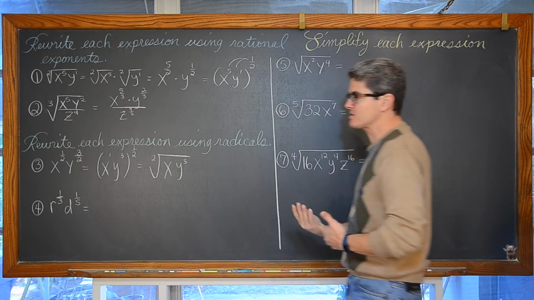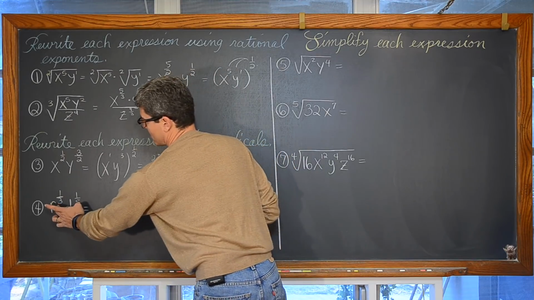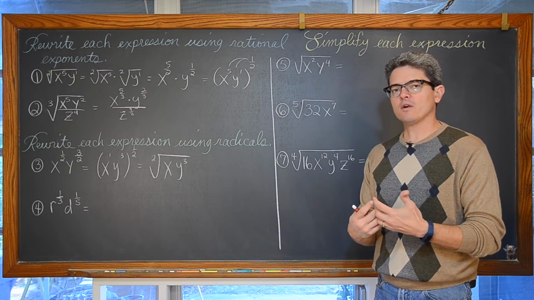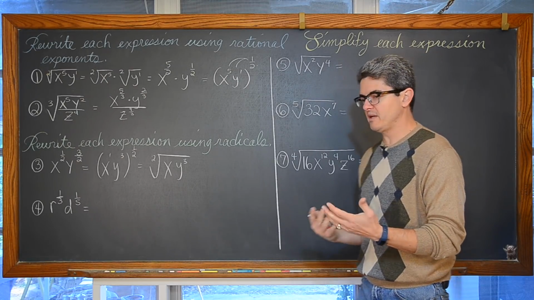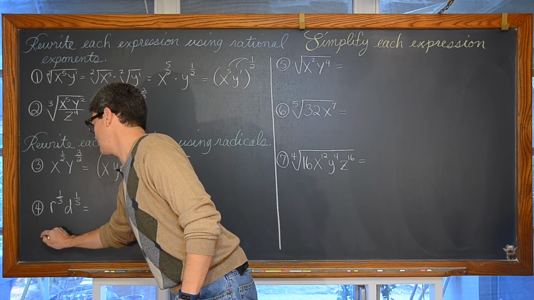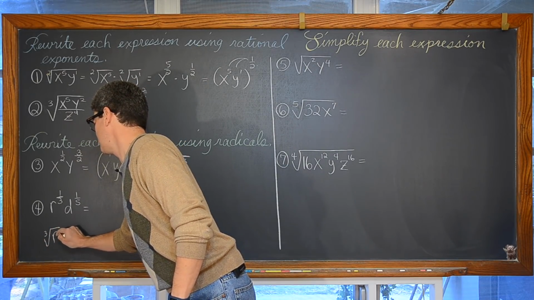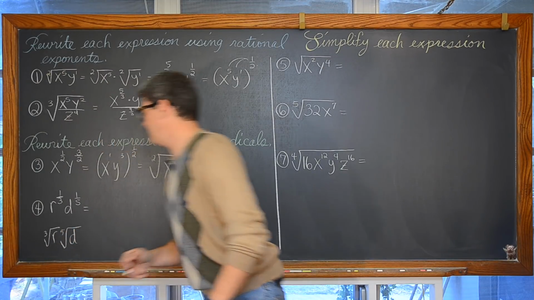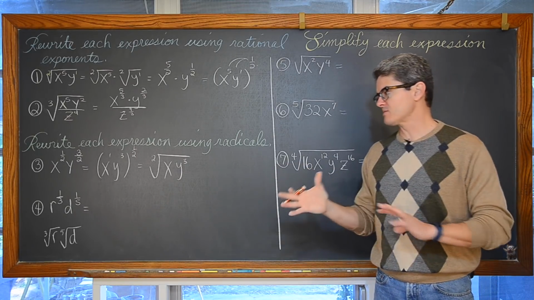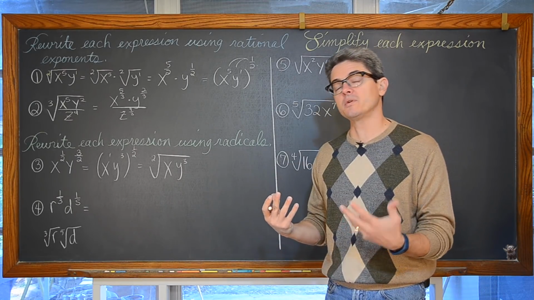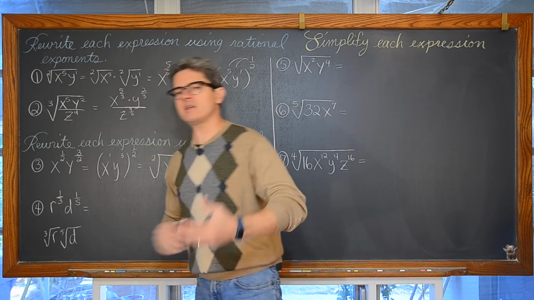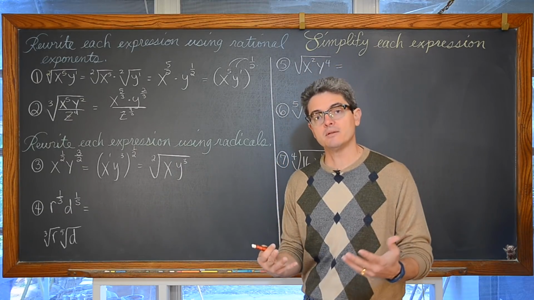Now things are going to get a little bit more interesting with example number 4, because our indexes or our roots are different. This is really where fractional exponents come in to be nice and easier to handle, because if I said to rewrite the cube root of r squared times the fifth root of d with a single radical, in that format, that looks really confusing. A lot of students wouldn't get that correct. But here I can say, if you rewrite these two fractions, just think about if you were trying to add or subtract them, you would need a common denominator.